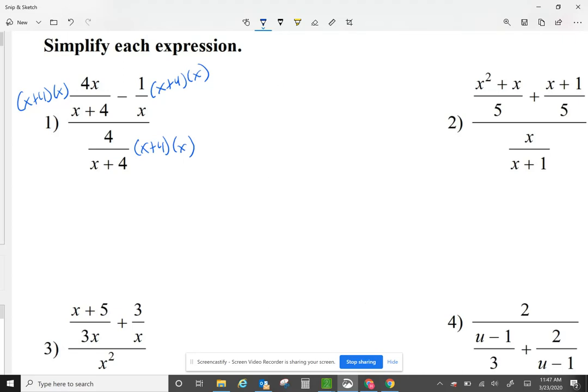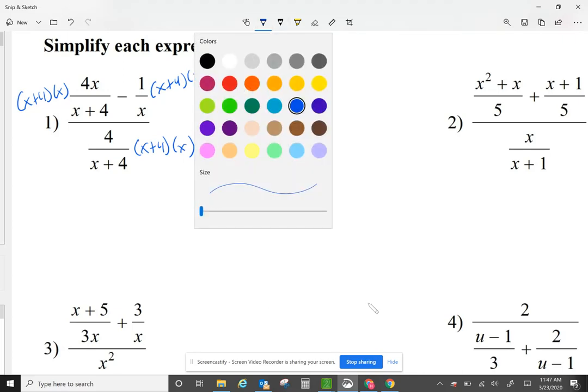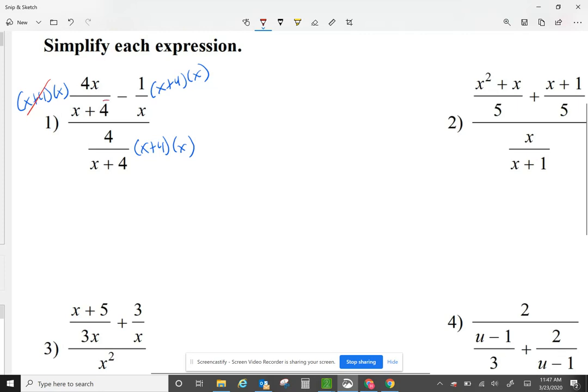Okay, now what I'm going to do on my first fraction, this x plus 4 with this x plus 4 cancel out. So let me multiply x with 4x. So that's going to give me 4x squared. On my second fraction, this negative sign, let me change it to a plus sign, but give the negative sign to the 1. My x will cancel with the x. Now when I multiply negative 1 with x plus 4, that's going to give me negative x, negative 4,